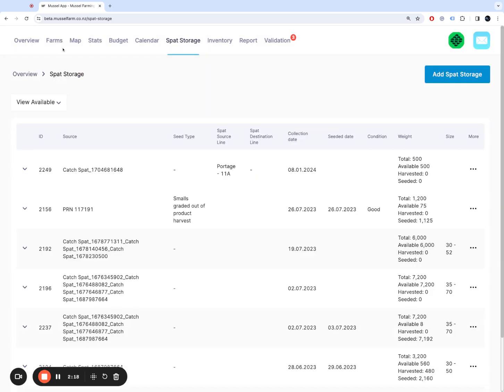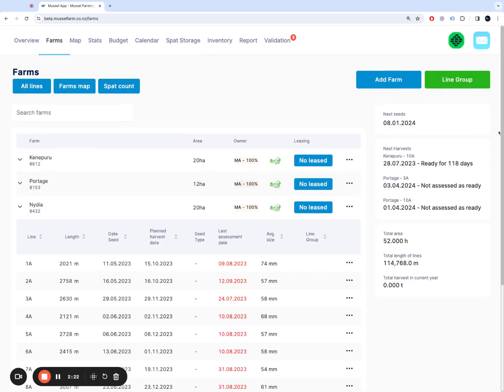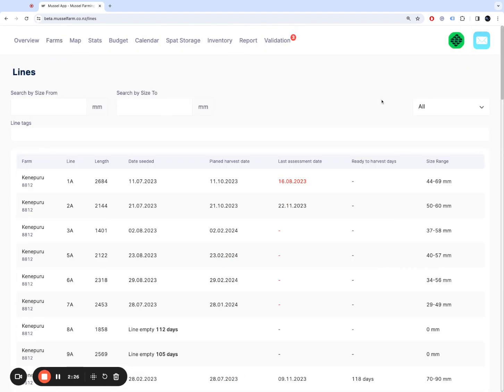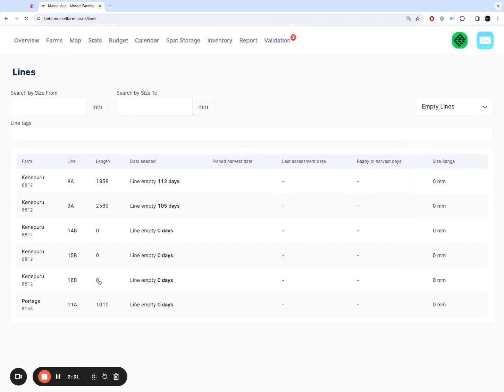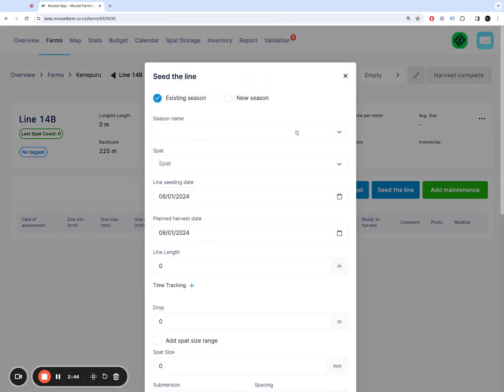Now, what I can do is go to another line. So let's say we go to another line in here and find an empty line. I can just find empty lines, so I have that many empty lines. Let's say we're moving it between different farms. So we're going to Kanepuru 14B. We have an empty line. We want to seed the line. Now,